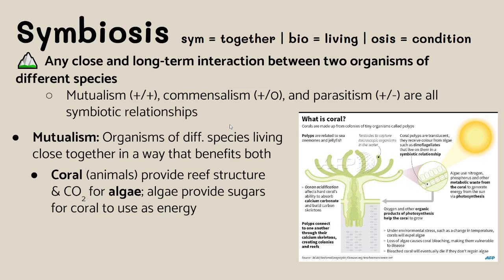And the way that this is looked at as mutualism is because the corals are helping the algae by providing reef structure, meaning that they spread out, they have hard outer shells that protect them, and that creates a substrate, a material for the algae to grab onto. And then the algae, through photosynthesis, provide food and sugars for the coral, which can then be used as energy. So these two organisms are